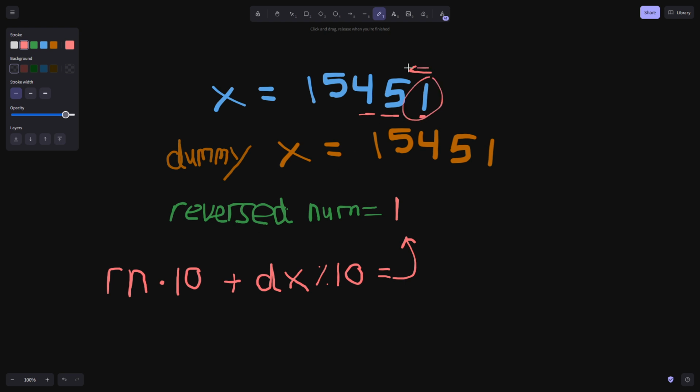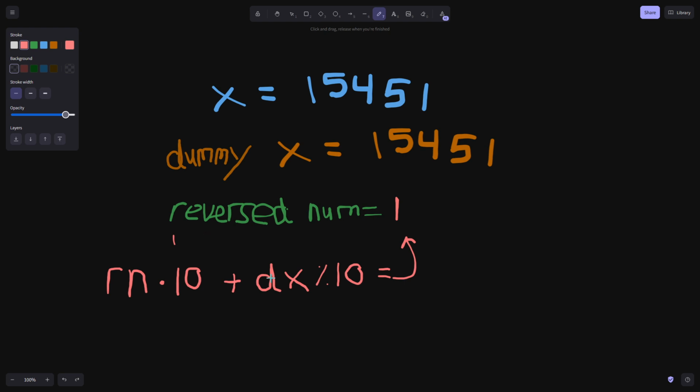Because here we have 1, right here we had a 50. Next step we would have 51. Next step we would have 451, right? Then thousands, 10,000, right? So that's why we're multiplying it by 10. We're basically just extending our number. If that makes sense. Don't get confused, but hopefully you can see what we're doing. So yeah, we have 1, right? Now let's handle the next loop. So we have reverse number times 10, so that would be 1 times 10. So we would have 10, and we have to add,